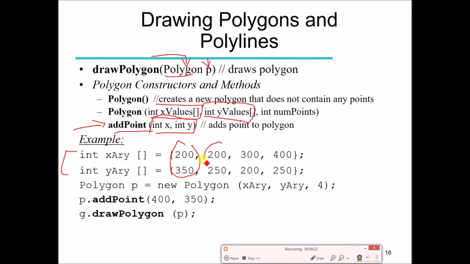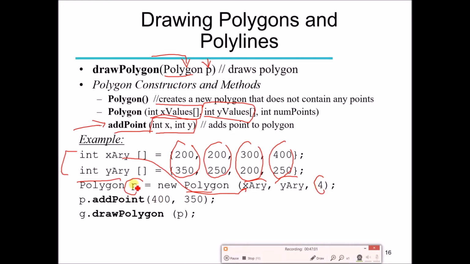So 4 values are specified for the X array and the Y array, and our polygon will consist of 4 points. So we are constructing the Polygon object. You can see that we are writing the class name, the object name, equals, the new operator, then again the class name, and we are passing our arrays as parameters to the constructor of the Polygon, not to the method. We are passing the X array, the Y array, and we want to use all the points from these arrays, so we are passing the value 4.